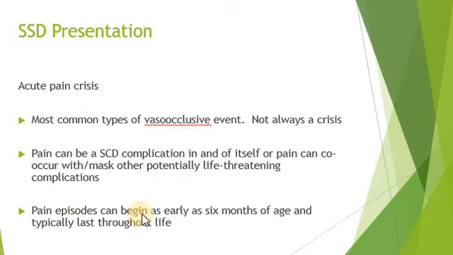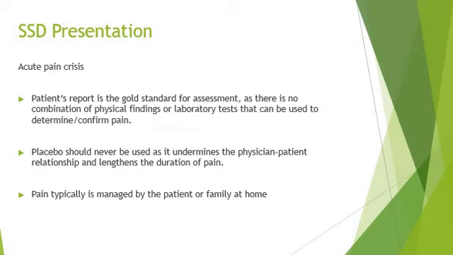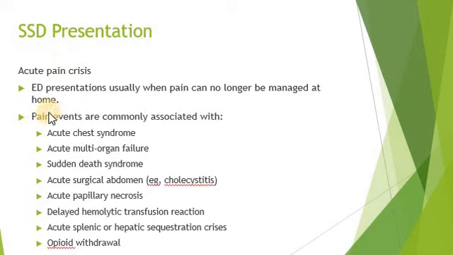The pain episode can begin as early as 6 months of age and typically lasts throughout life. A placebo cannot be used, and the pain should be managed. If the patient can be managed at home, then an analgesic should be prescribed. These are the acute pain crises that are associated with several types of chest syndromes, multi-organ failure, sudden death, surgical abdomen in case of cholecystitis, in case of necrosis, in case of hemolytic transfusion reactions, in case of opioid withdrawals. This type of pain cannot be managed at home, and here strong analgesics have to